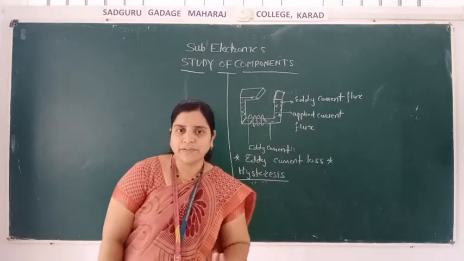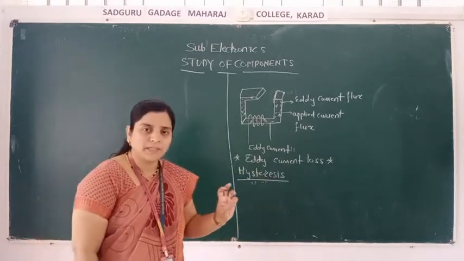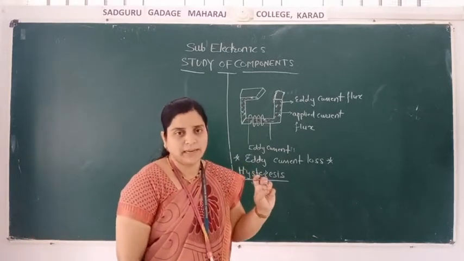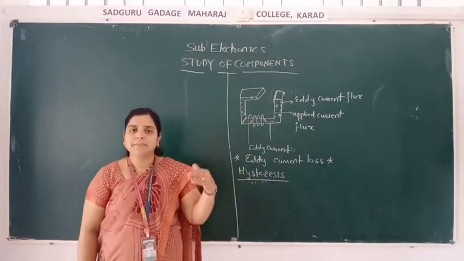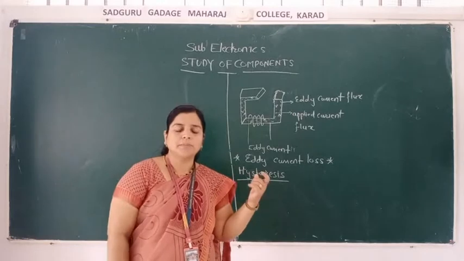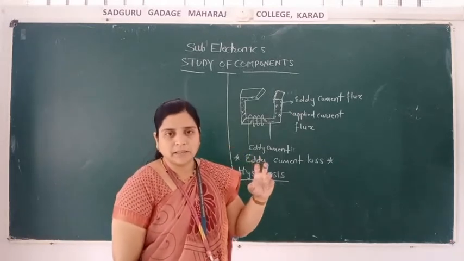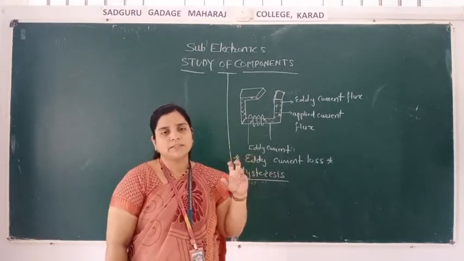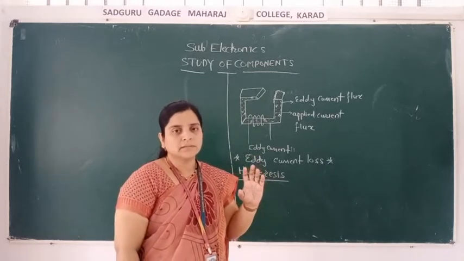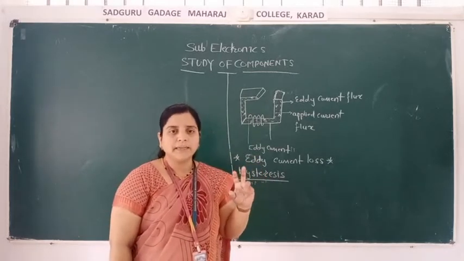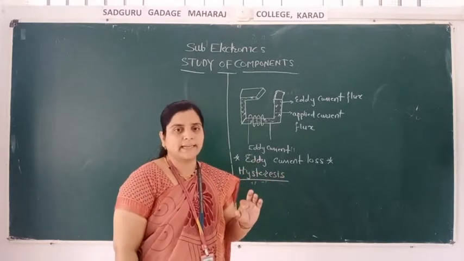There are three types of transformer: step up transformer, step down transformer and mutual transformer, isn't it? So in a step up transformer what happened? The number of turns of the primary is greater than the number of turns of the secondary, isn't it? Is called as the secondary transformer. But in the primary transformer it is exactly opposite.